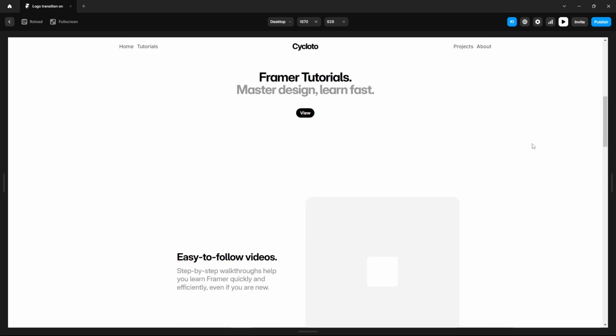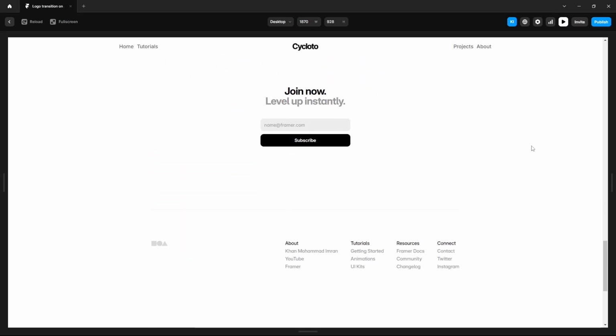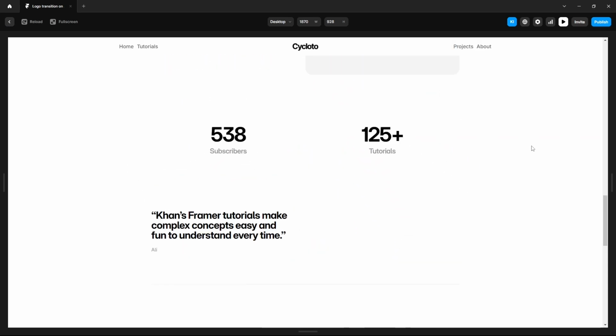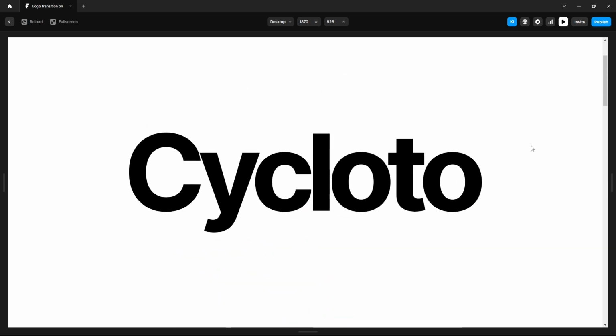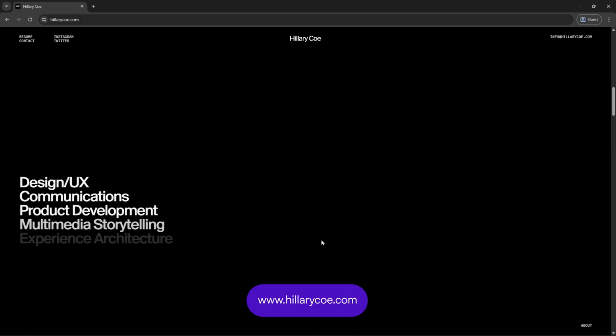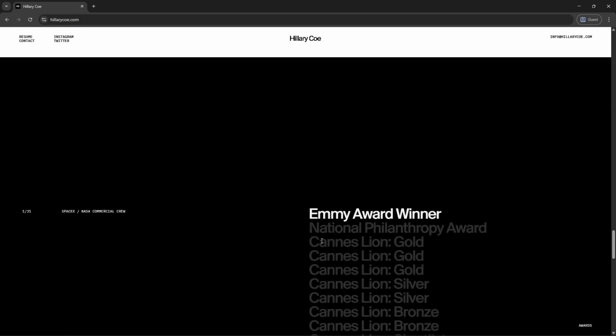Hi everyone, in this video I'll show you how to create this smooth logo transition on scroll using Framer without writing any code. I got the idea from this website, I'll link in the description along with the remix link